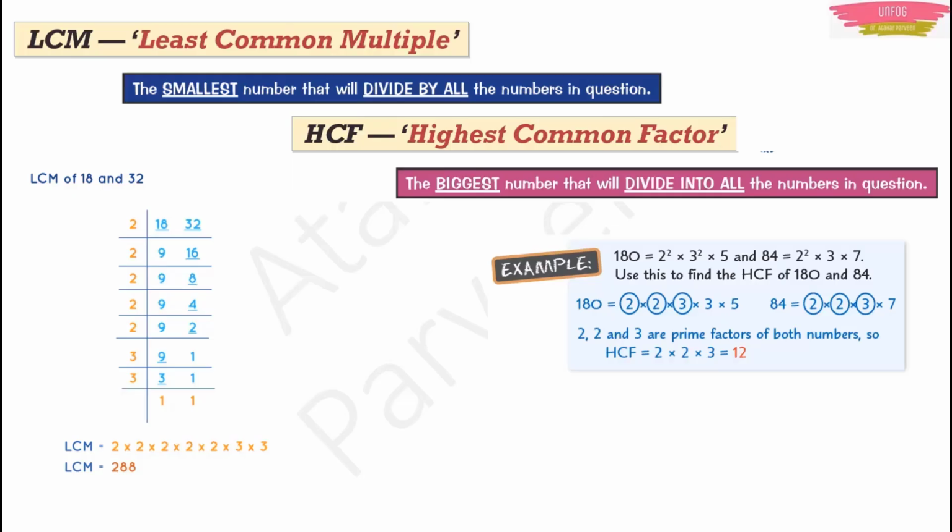Okay. See, I am giving you direction. I am guiding you. You should take a book and pen and do it yourself. Pause the video right now. Then you do it yourself. You find the LCM of 18 and 32 by yourself. You find the HCF of 180 and 84 by yourself. Then your answer should match with my answer. That's the reason why I am not calculating it here literally. Okay. Because this is an easy chapter. I want you all to work.